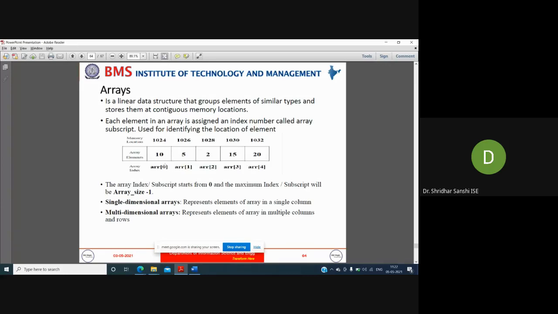What is the starting index number? The index number is always 0. An array starts with index number 0 and ends with size -1.